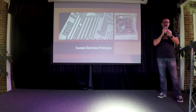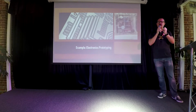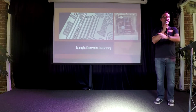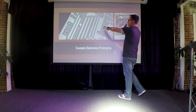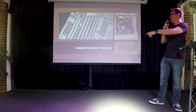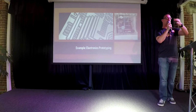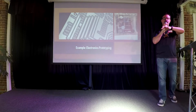You can get sub-half millimeter trace widths out of this. These are incredibly small physical packages that you can get in a very short period of time. And what you do is you basically take this, which is called copper clad. It's 4 inches by 5 inches. It's a phenolic resin substrate that they've bonded copper onto. And you put it into the mill right here, and then you basically just run a high precision engraving bit over the surface of it to carve out the traces and the pads